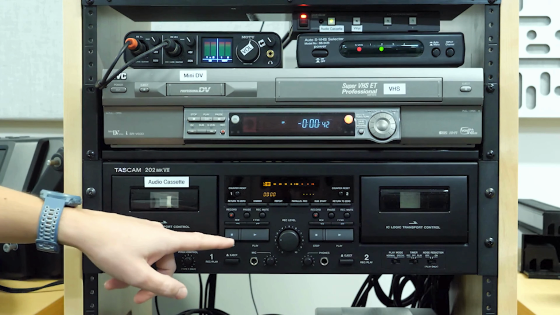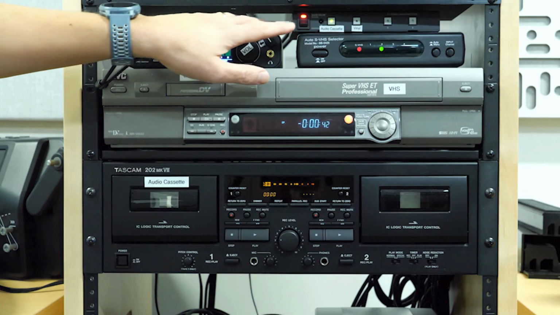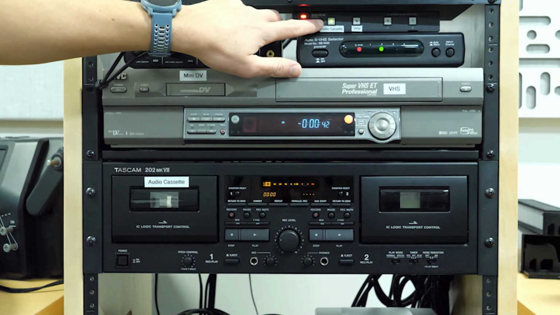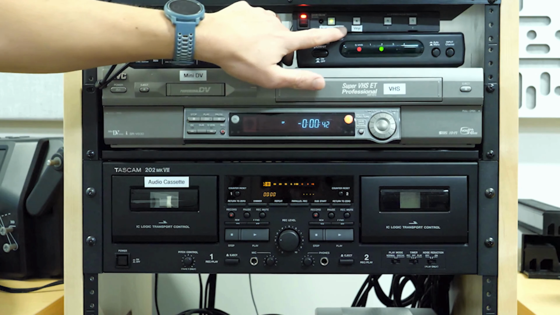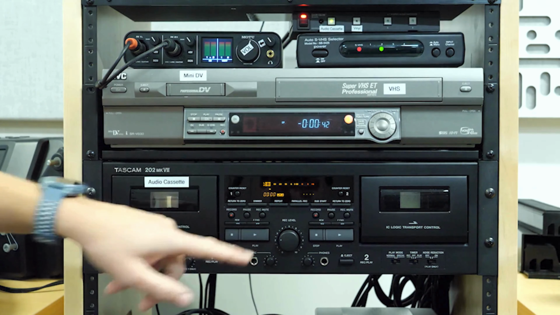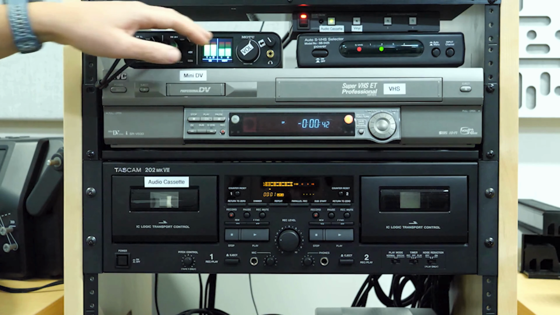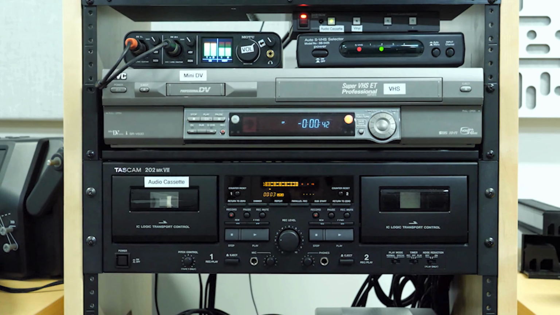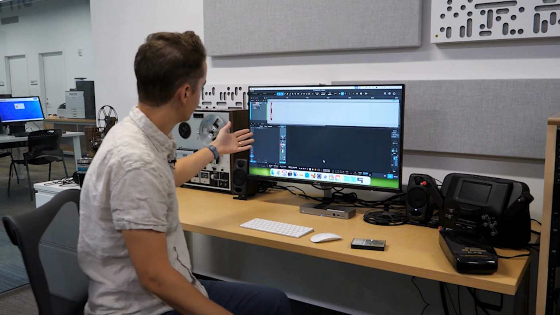So I need to push play. Before we do that, we're going to make sure that the audio cassette channel is selected. So we want that light to be on because we also have a vinyl set up here that's plugged in. So I'll push play and we're going to be able to hear some audio. Great. And you can see that we're recording